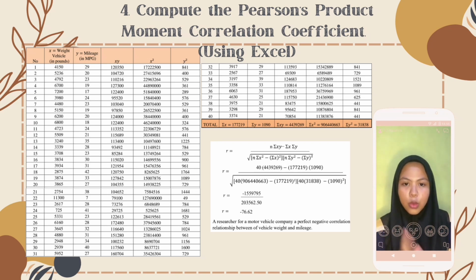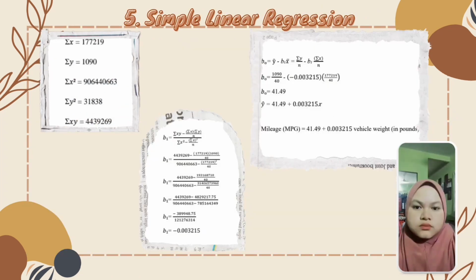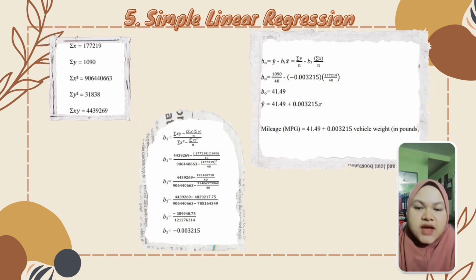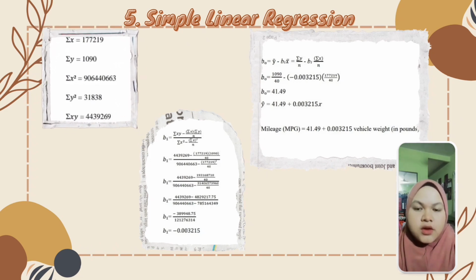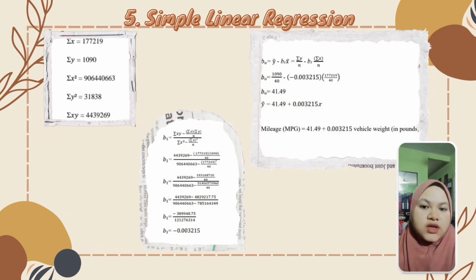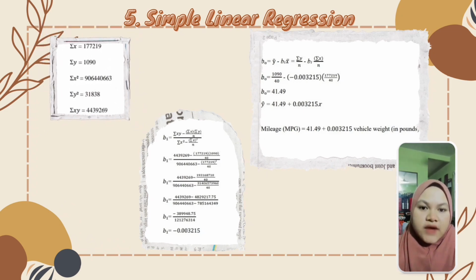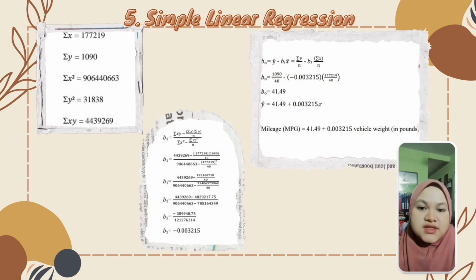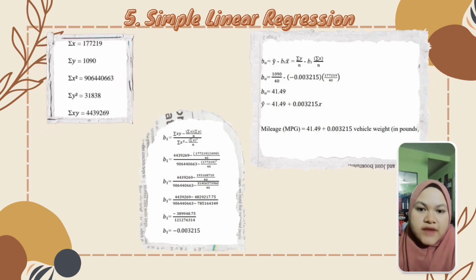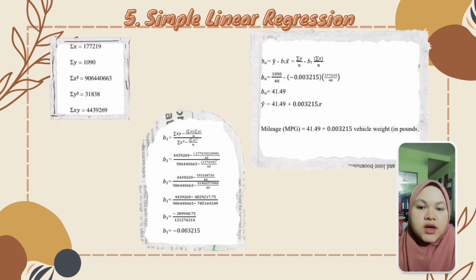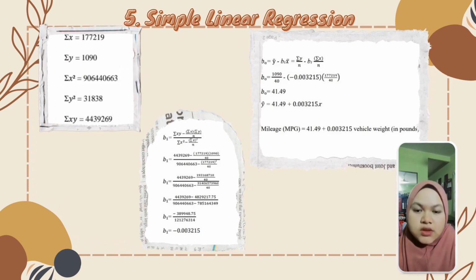The sum of X squared is 906440663, and the sum of Y squared is 31338. After calculating everything, the sum of R is negative 726.662. So for summation x, I've got 177219. For summation y, I've got 1090. For summation x squared, I've got 906440663. And for summation y squared, I've got 31838. And last one is summation xy, I've got